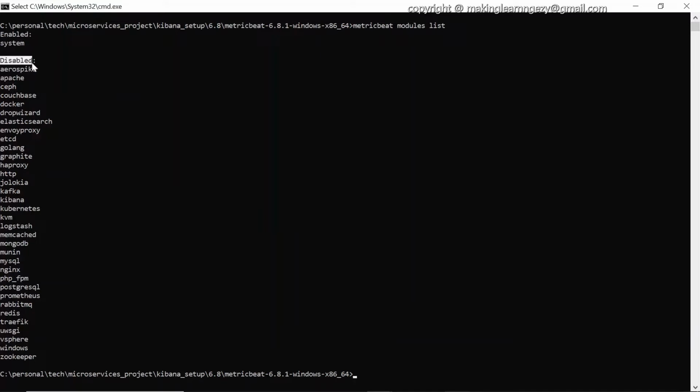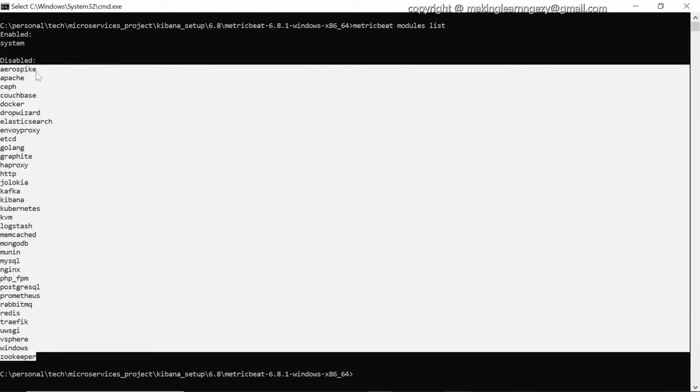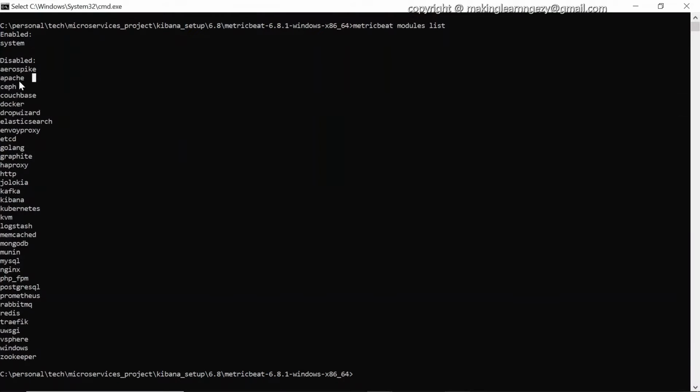Here you can see disabled. Those modules which are present under disabled are disabled. So if you want to use any module which is present under disabled, first you will have to enable it. And how can you enable that? We have the command enable and the name of the module, which you can copy from here, and press enter.